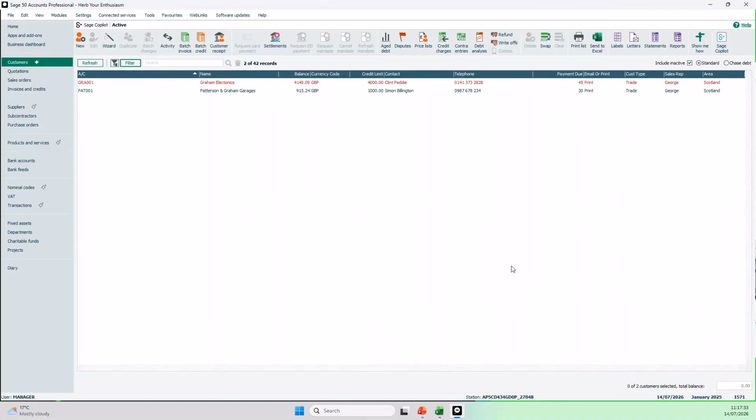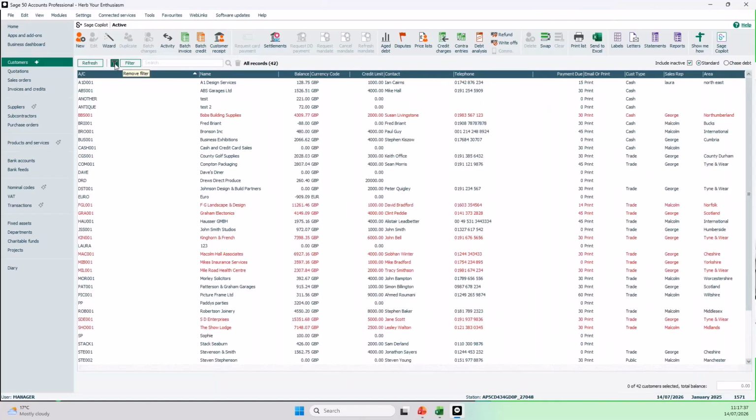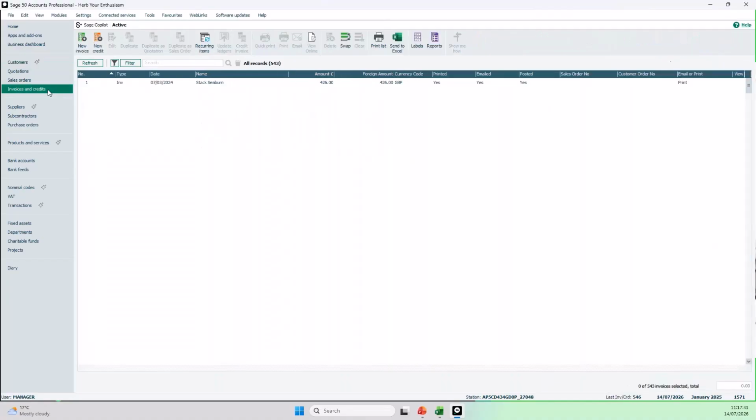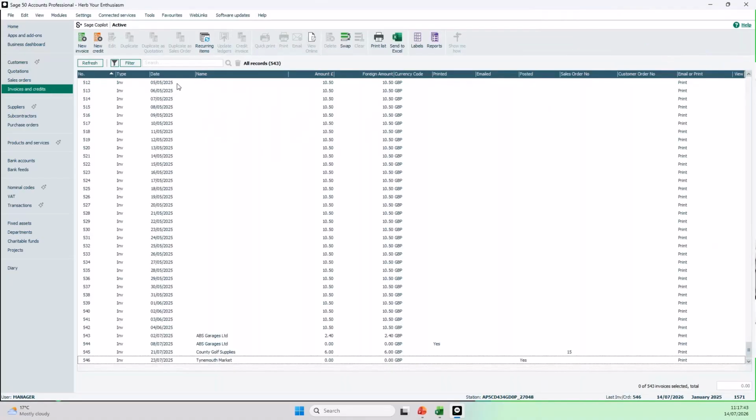So the other areas, I'll pop into the other areas. I know we're looking at customers, but I'll remove that filter. The other areas that you can have a look at it in, just to cover them as well. So if we have a look at invoices and credits, quite a few invoices in here. So if I just open up a new invoice on there,